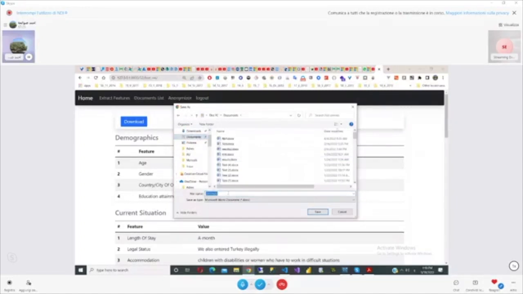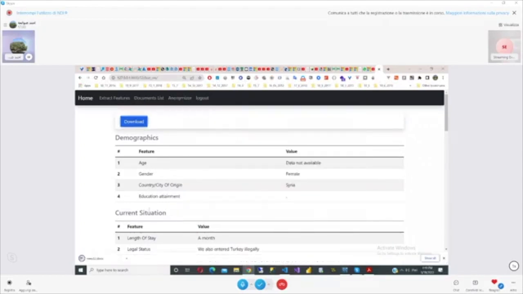It's in new content, and we can send it. It will now be downloaded with just the features extracted from this document. If we open it here, we can see that